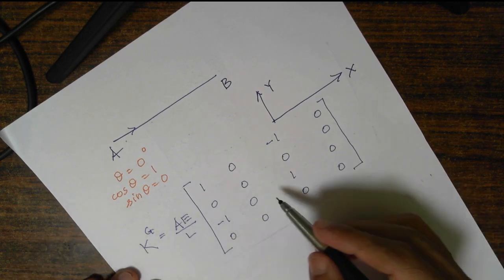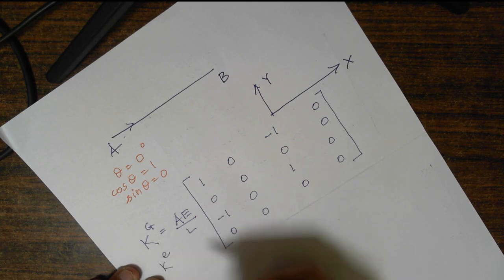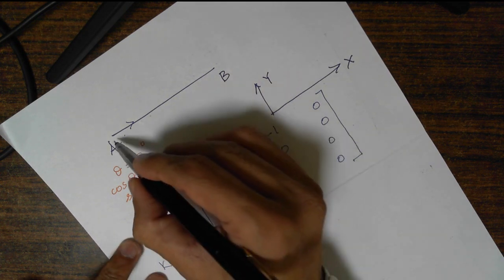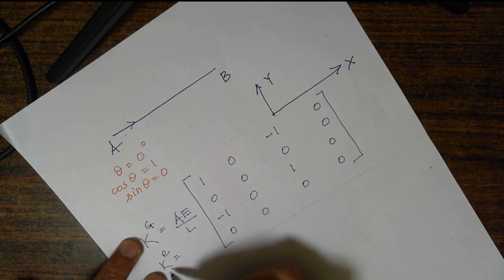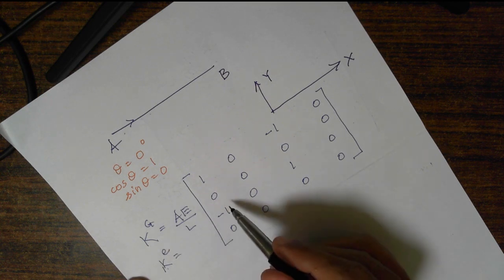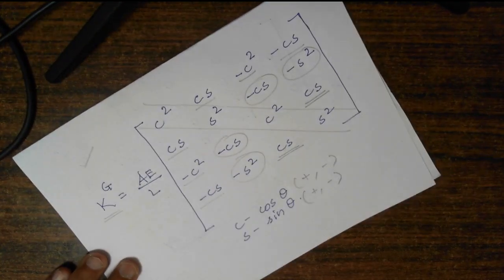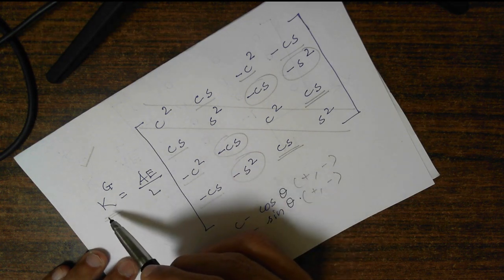Have you seen this matrix anywhere? Yes, this is nothing but K element, that is the elemental stiffness matrix in local terms, equal to the global terms. All of us agree that for member AB, which is oriented in the global x direction, the local stiffness matrix and global stiffness matrix should match with each other, and that is what we are achieving. That's why I have said that for all our further discussions I am going to use this format of the stiffness matrix for any truss element, whether it is in global direction or local direction.